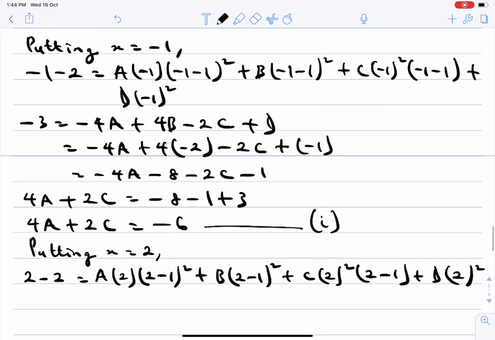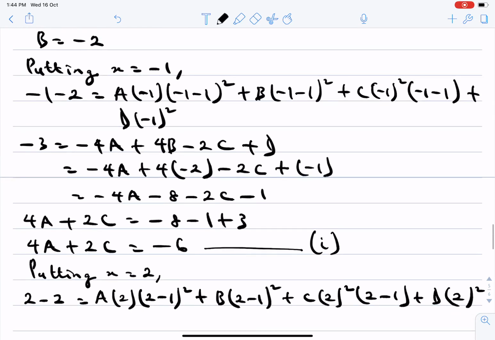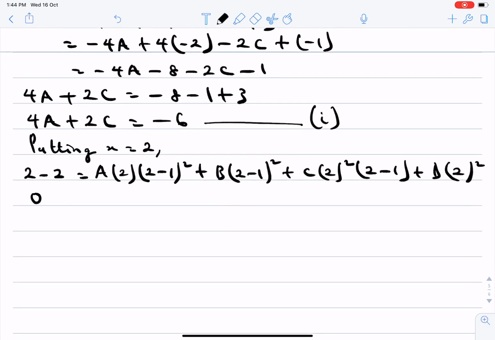Is that correct? Yes. And that means 0 equals